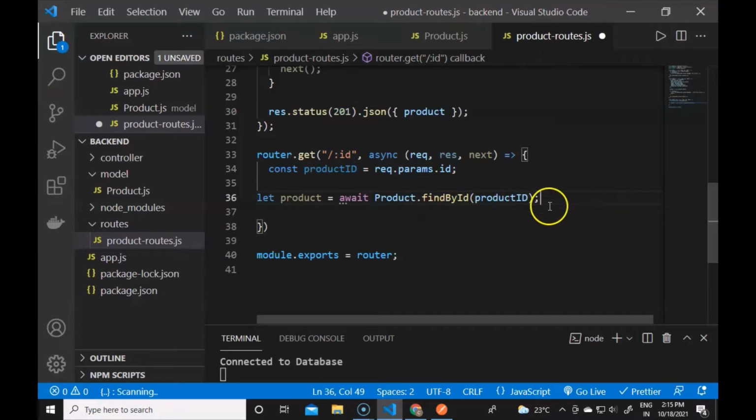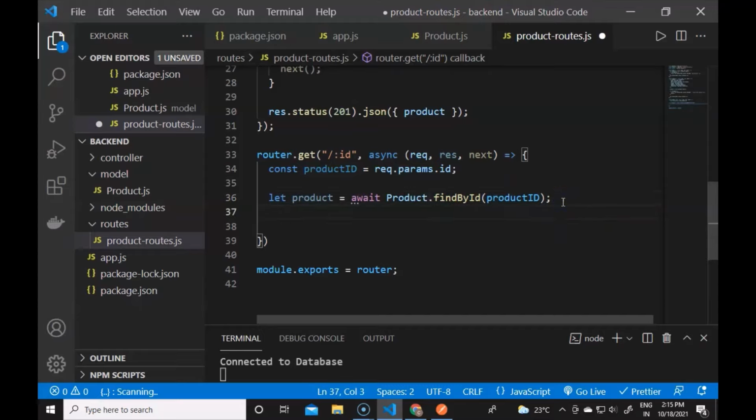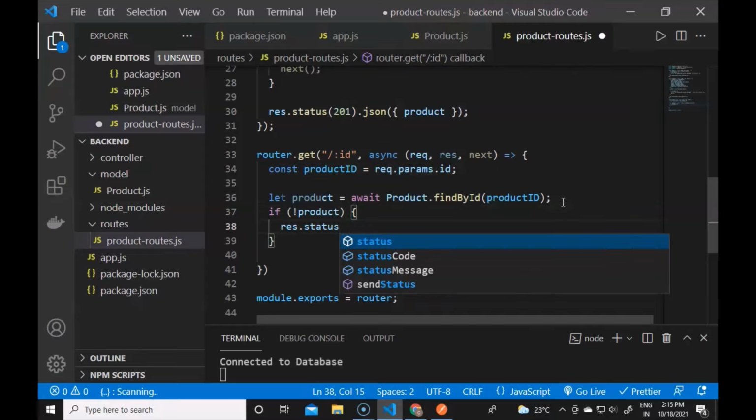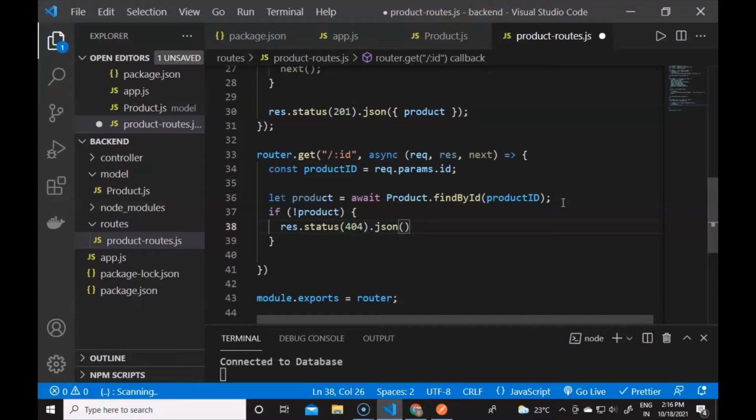Then we have to give a validation here, like if there is no product, then we'll send a response like response.status 404, and the JSON will contain a message inside it, like "no product found".